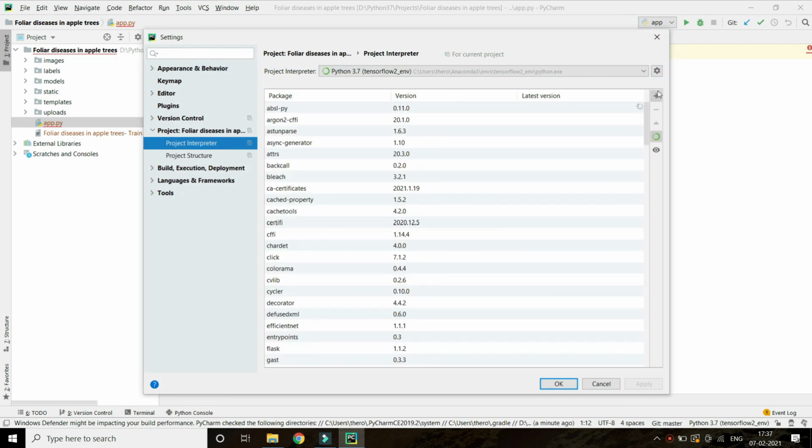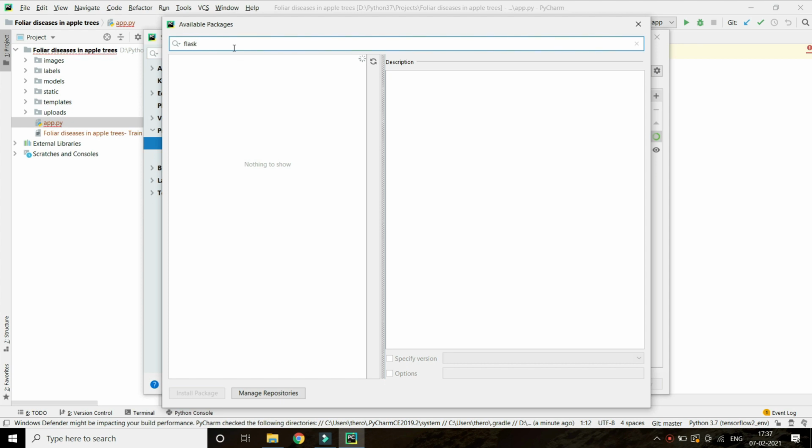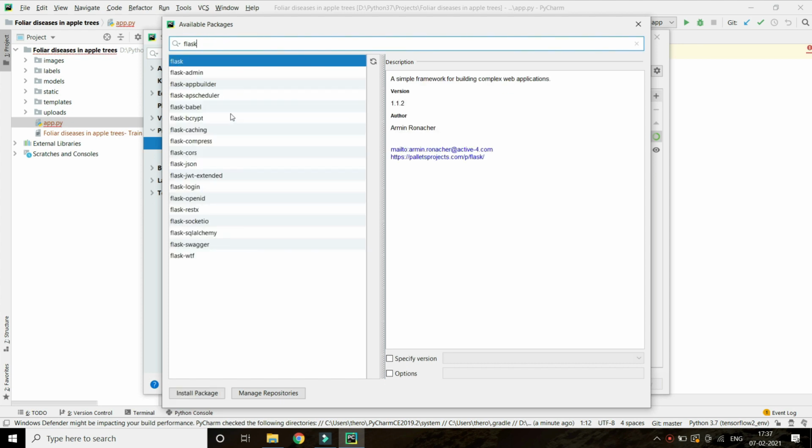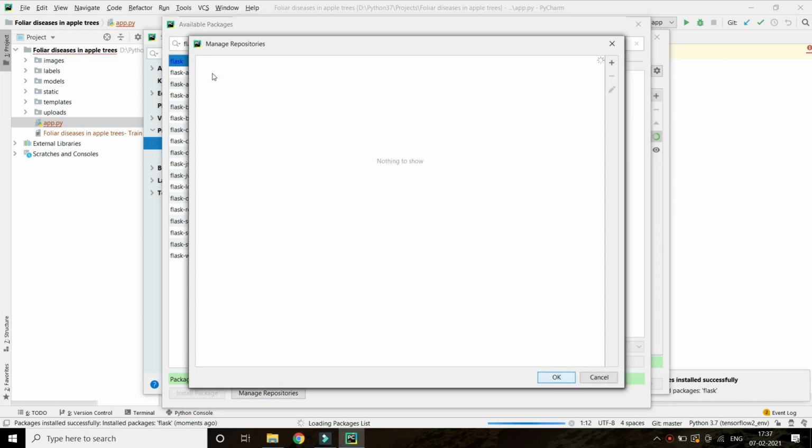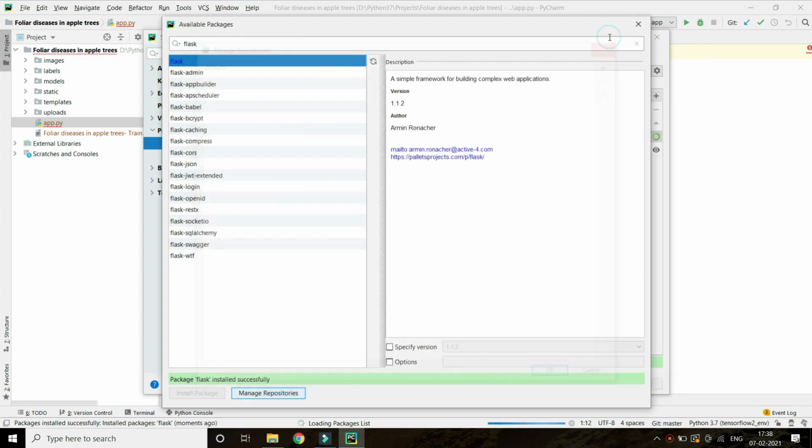Yes, I might have already installed it, but I'll install it anyway. This is the Flask we need, which can bind Python code with your front end application, meaning HTML, CSS and all. It's like a waiter in the restaurant: whenever you order something, it gets it for you. Okay, it is installed.